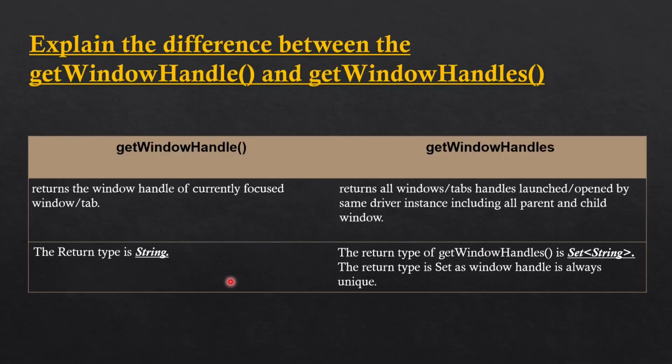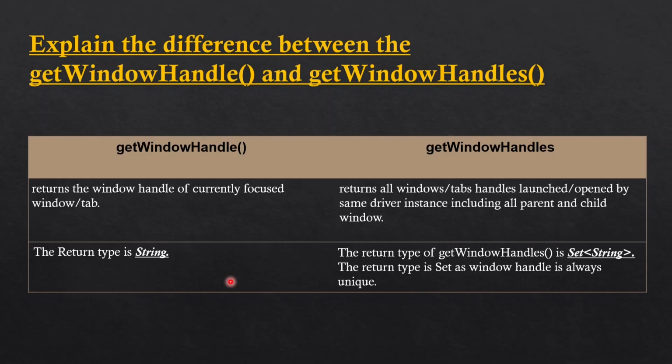One of the most frequently asked interview questions is: what is the difference between getWindowHandle and getWindowHandles? Now the main difference between the two is that getWindowHandle returns the window value of the currently focused tab, that is the parent window handle, right? Whereas getWindowHandles will return all the window handles including the parent and the child windows, as we have seen in the example. Now the return type of getWindowHandle is String, whereas the return type of getWindowHandles is Set,